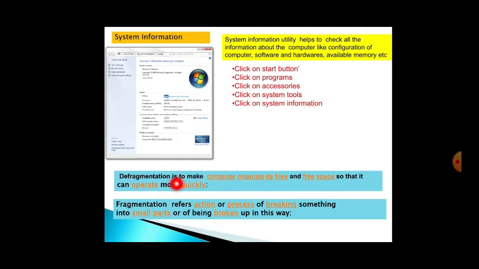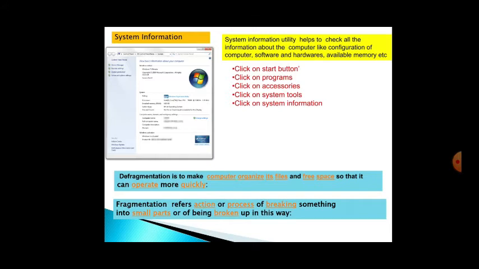Defragmentation is used to make the computer organize its files, folders and free space so that it can operate more quickly. I have taken this because it is very important. Defragmentation mainly helps to organize the files which are in different memory locations.